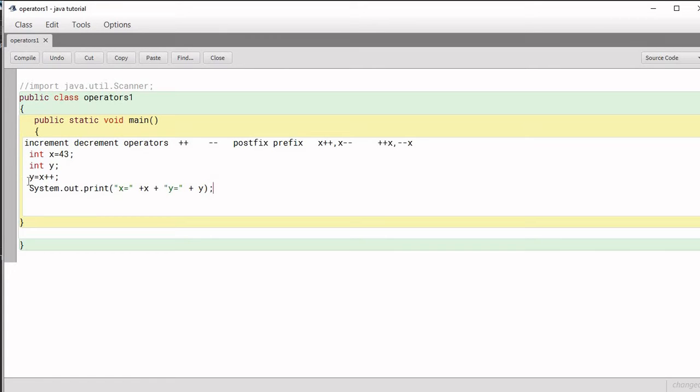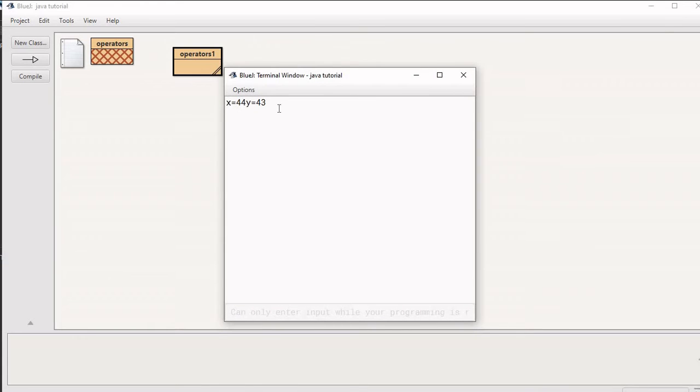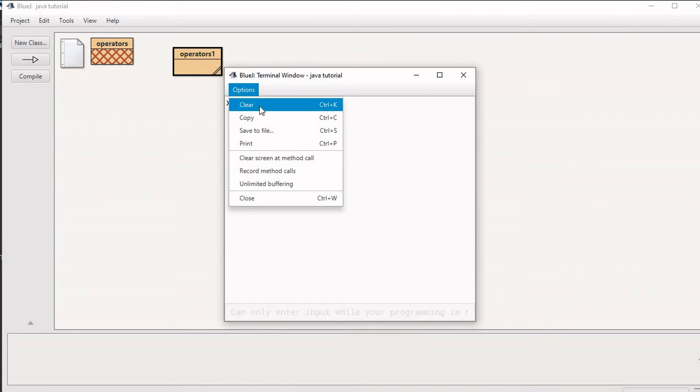So what will happen in this statement? The value of x is 43, so the value 43 will be assigned to y. So y will become 43. After that it will be incremented, so x will become 44. Let's compile it and see the results. Yes, x equal to 44 and y equal to 43.